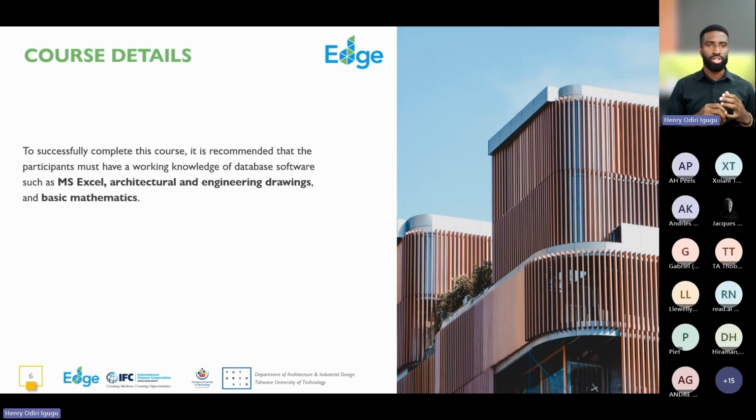All we really need is a good understanding of a database software such as Microsoft Excel, an understanding of and access to architectural and engineering drafting software, as well as an understanding of basic mathematics. That is going to be essential when we're doing some of the course, the assignments and the project delivery, but we'll get into that in a while.